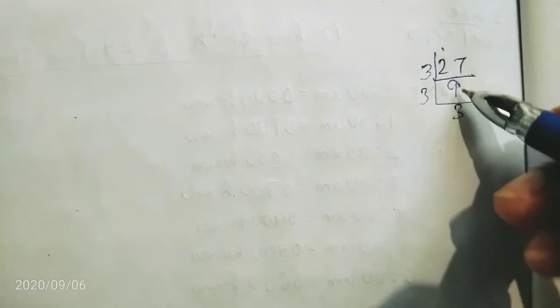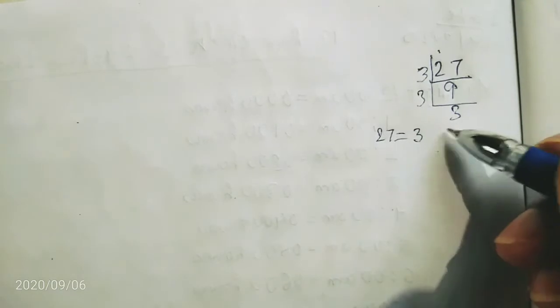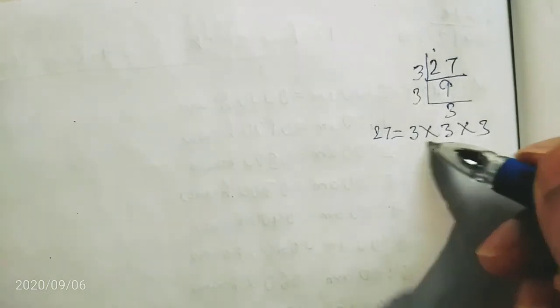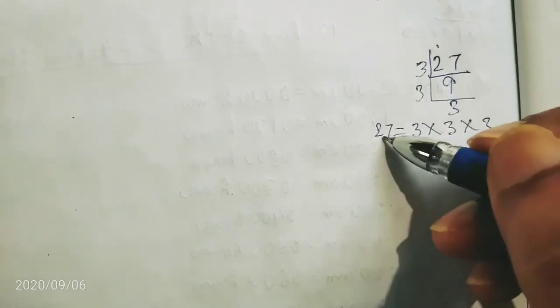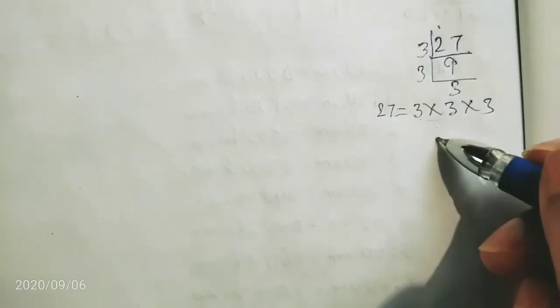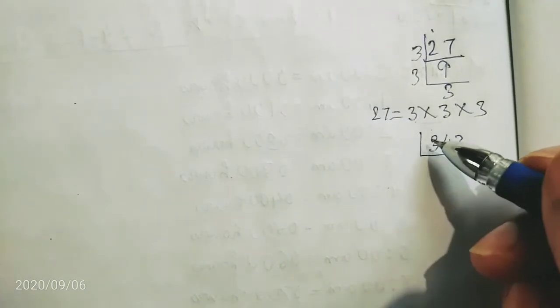Okay, let's see 27. So 27 you will factorize it. 3 9s are 27, then again 3 3s are 9. So 27 can be written as 3 into 3 into 3. That means 3 is multiplied 3 times, then we will get 27. So the same number is multiplying, so we get this. Now again 343, the next number is 343. Now by what number will you multiply this?